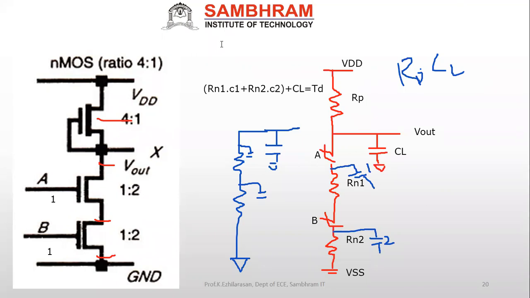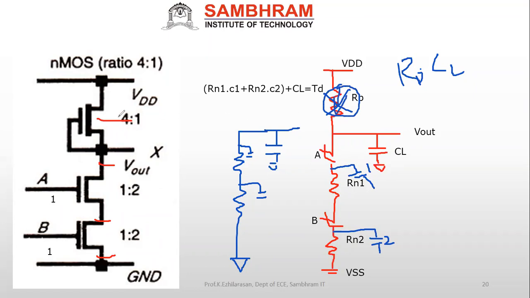See here in this portion, if both are one, you have to think this is nothing but your current source actually. Here I said resistance, right? It can be a current source also, because if it is operating in a resistive region, then it will be resistance. If it is operating in a saturation region, normally depletion mode transistor will operate in a saturation region. So here, in saturation, it will be a current source actually. This will be your current source actually.